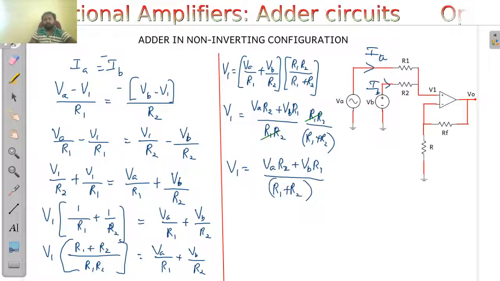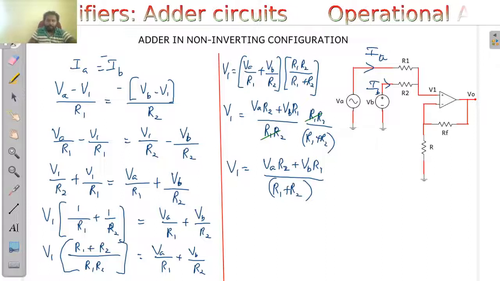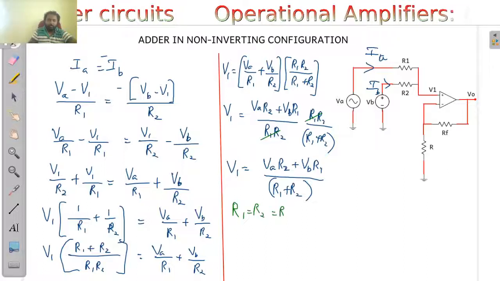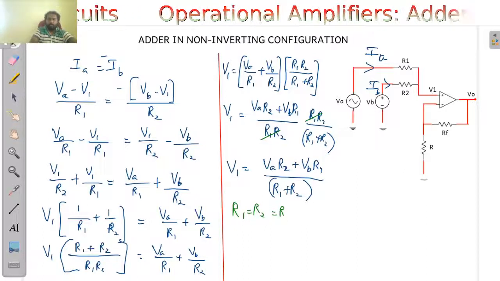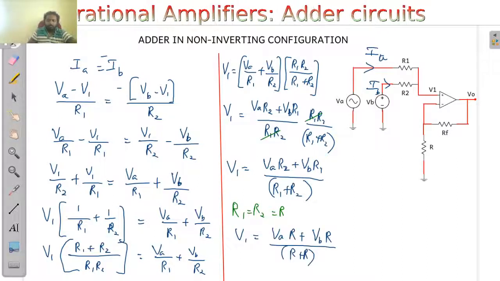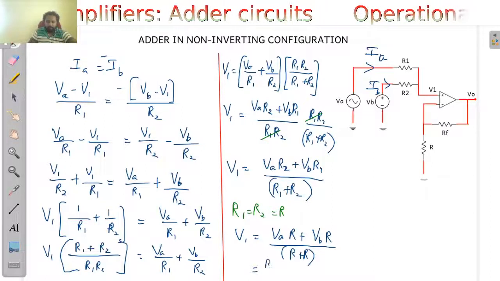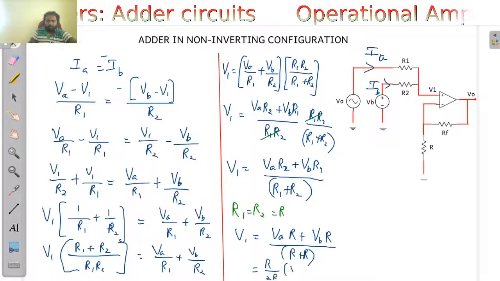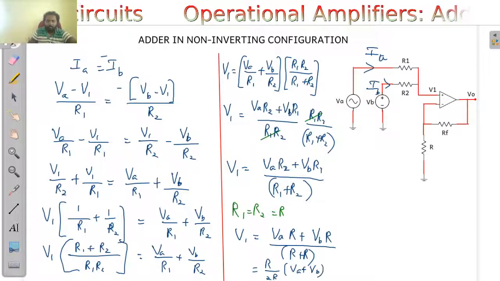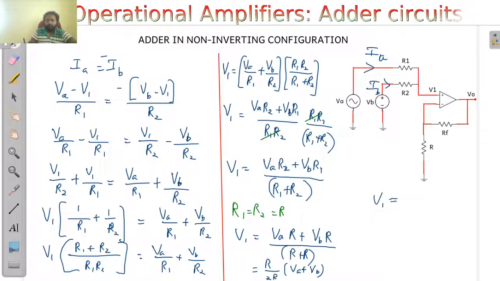Alright, now you can have a simplification like this. Suppose your R1 is equal to R2, which is equal to R. Then what happens is V1 will be equal to, you can take out R and you can get R by 2R times VA plus VB, and that is V1 will be equal to half